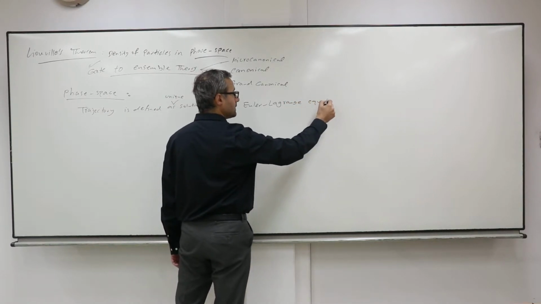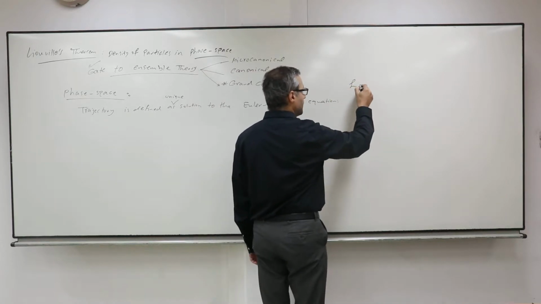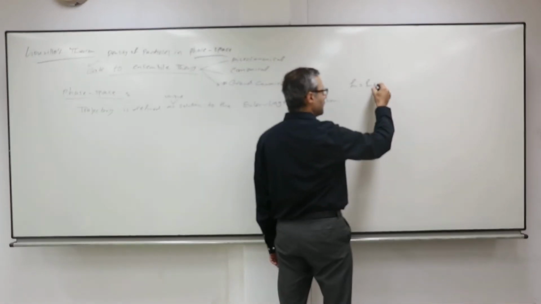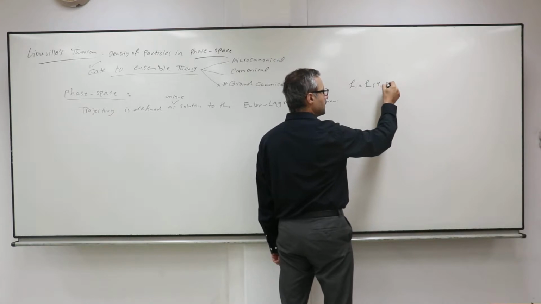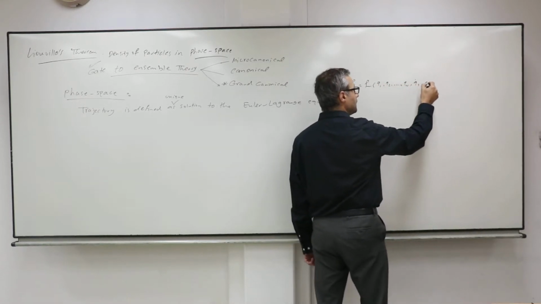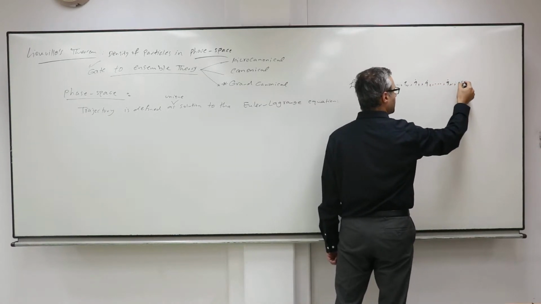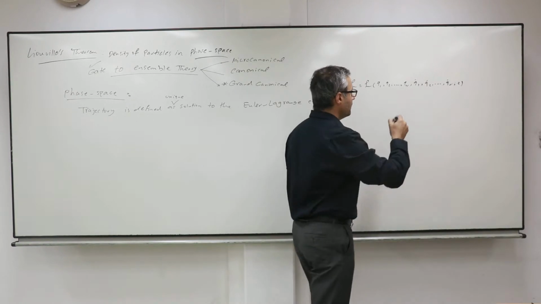The Euler-Lagrange equation is a second order differential equation. It states that if you have the Lagrangian as a function of the coordinates q1, q2, up to qn, and the first derivative, just the first derivative, because classical mechanics wants to be causal,